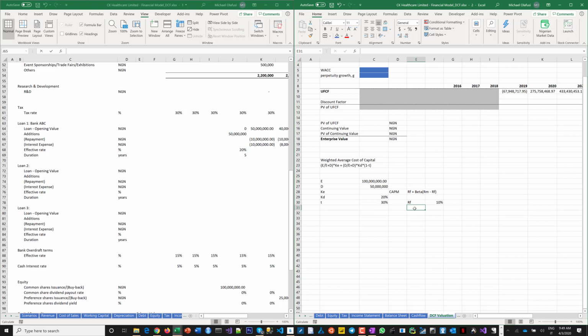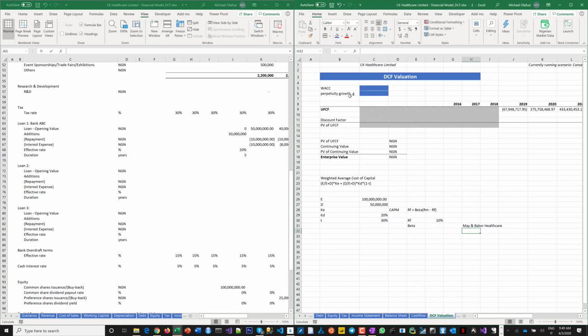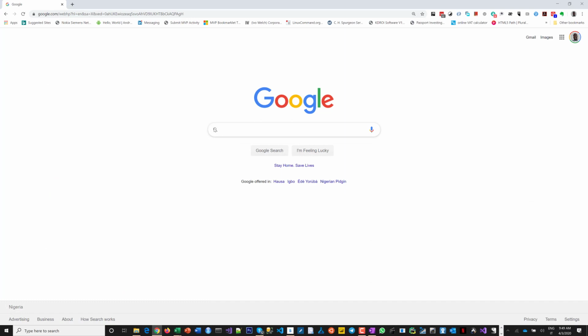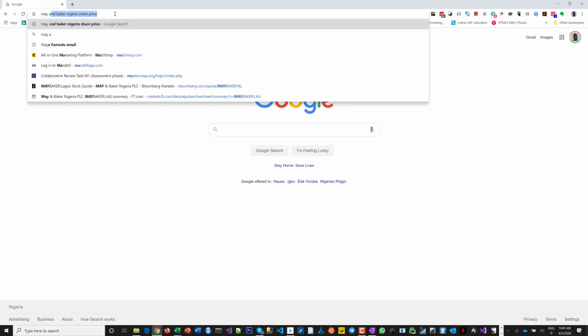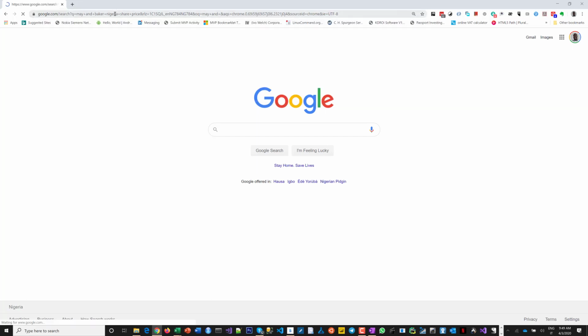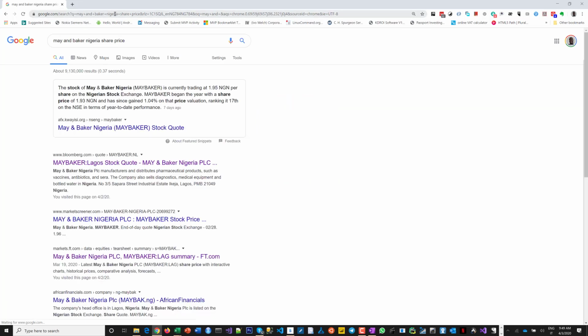So we're going to go get a beta for a similar company. So the proxy I'm going to use is another company in Nigeria called May and Baker. They're into healthcare, though they do a bit more than what we have outlined for this company, but it's a good proxy to use. So I'm going to go online. So this is the method that I found to be easiest. If you go online and you say May and Baker share price,